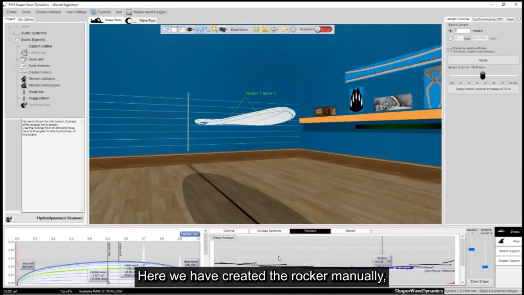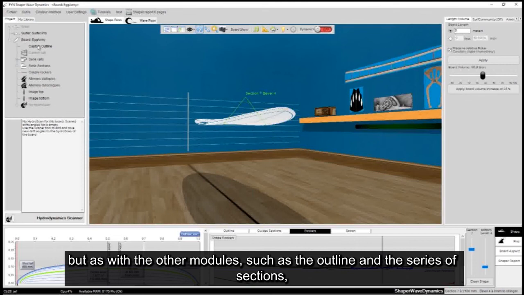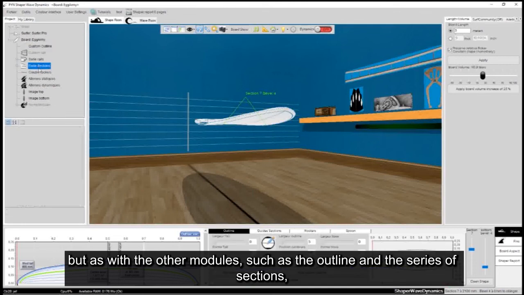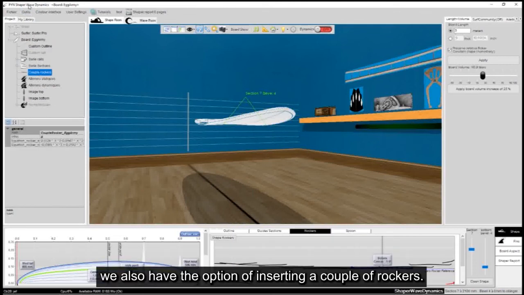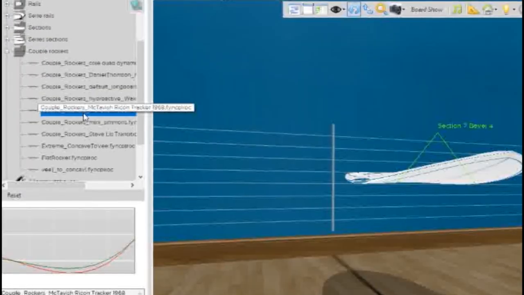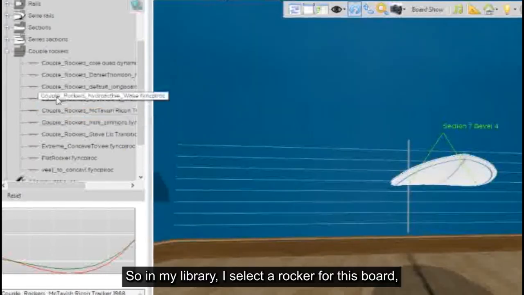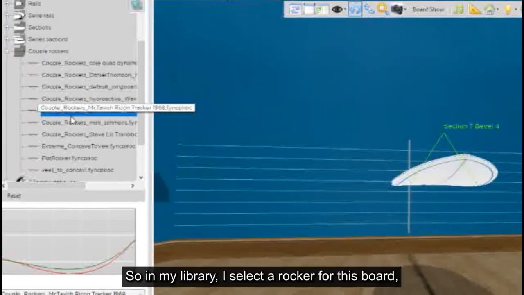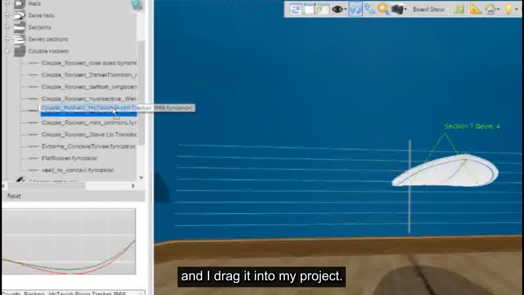Here we have created the rocker manually, but as with the other modules, such as the outline and the series of sections, we also have the option of inserting a couple of rockers. So in my library, I select a rocker for this board, and I drag it into my project.